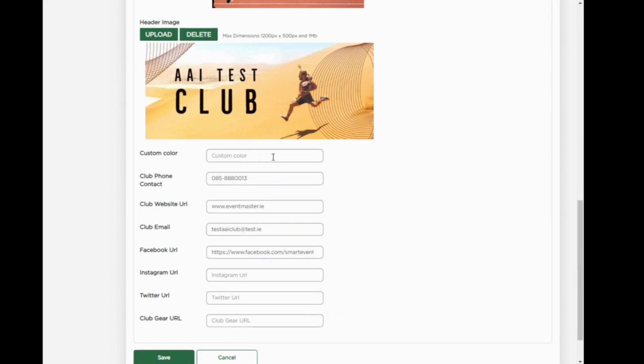You can do that for any reason. You can also customize it with a custom color. This is totally optional. If not, it will just be the Athletics Ireland green by default. Your contact number and the website are optional, and then you have other links you can optionally